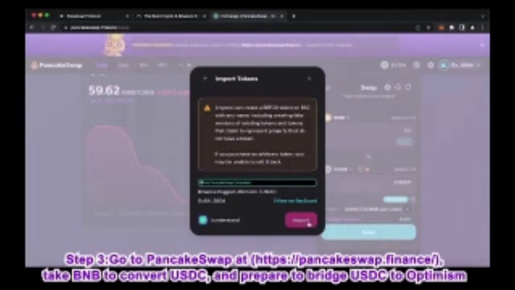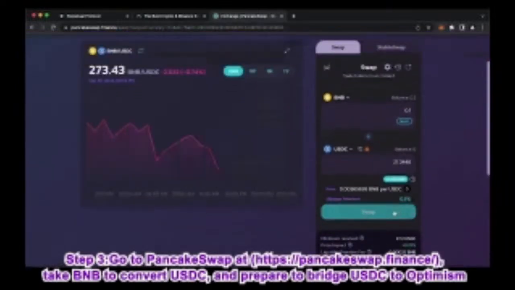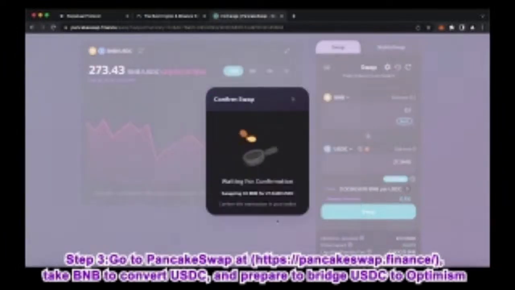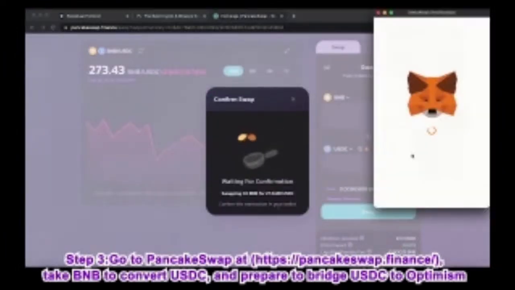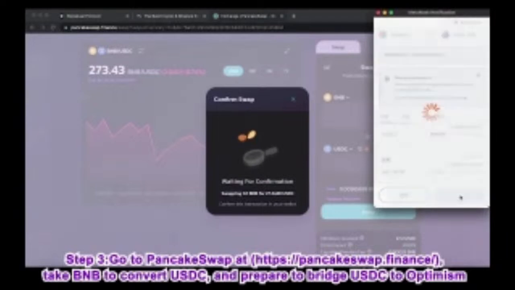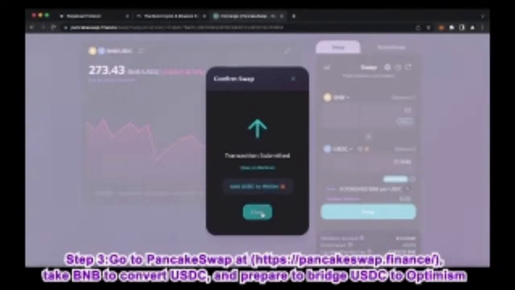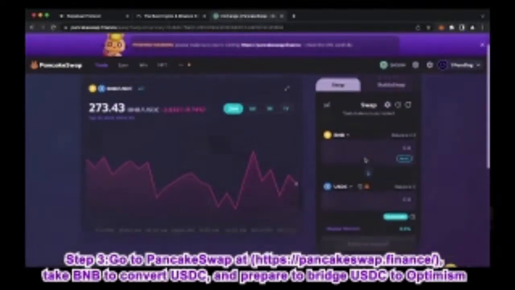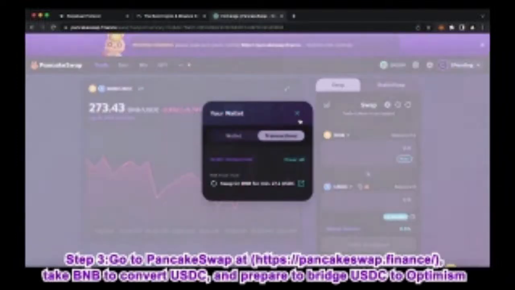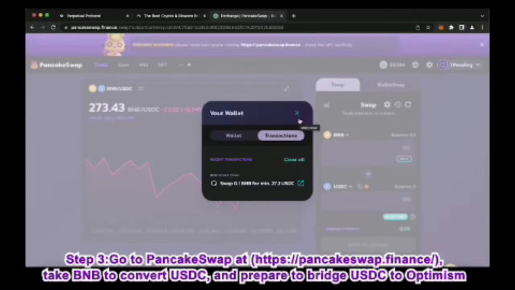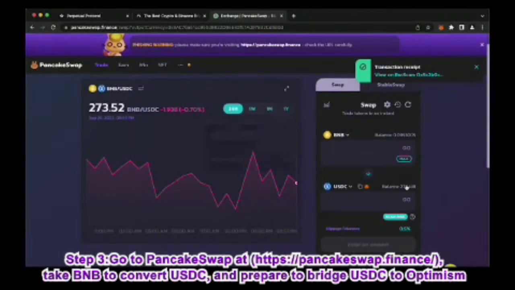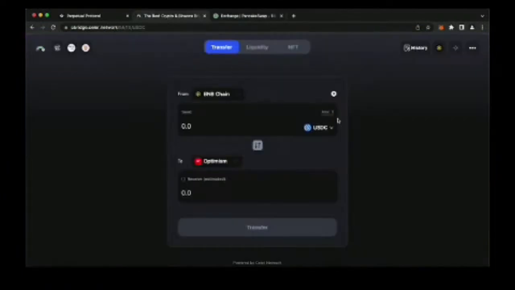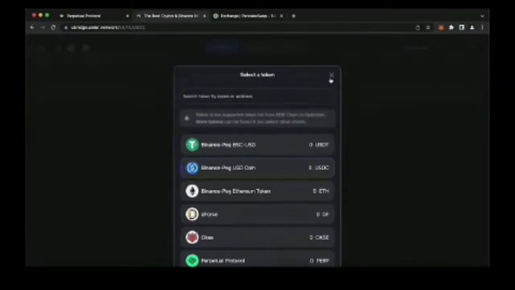Like, what if they do not? I'm not familiar with PancakeSwap. I'm not familiar with other swaps. This is just so unfriendly to users, especially new users. And you see, it's swapping BNB to USDC now, and now they have USDC. It takes time for the transactions. Okay, now they have USDC